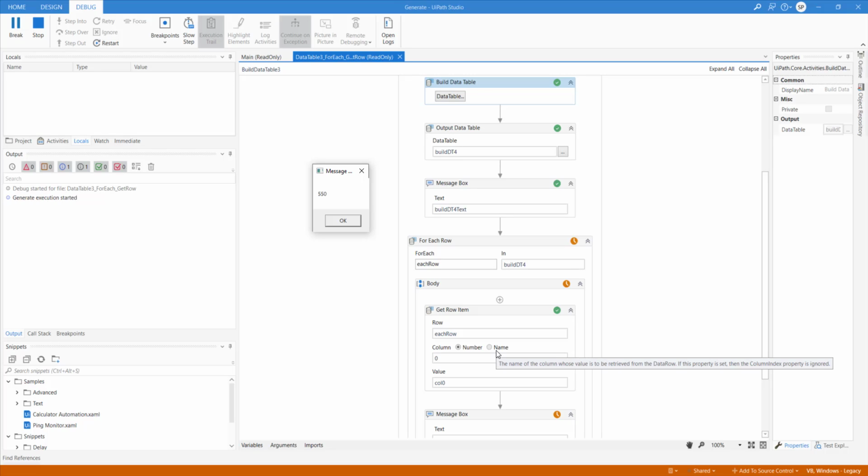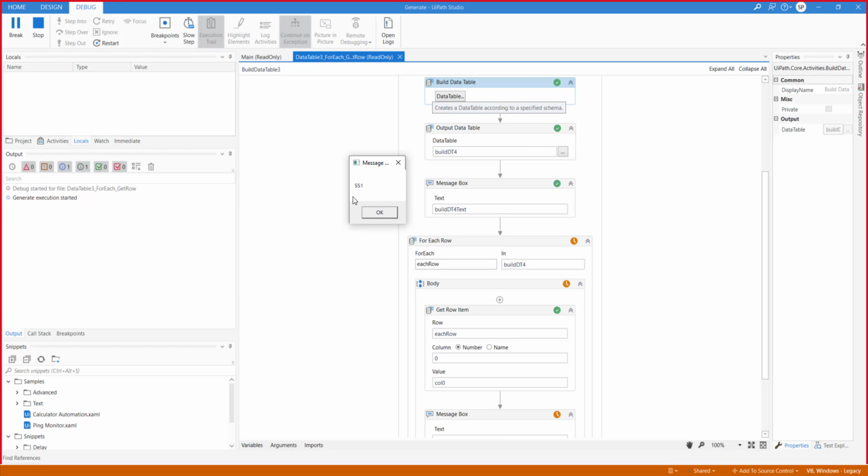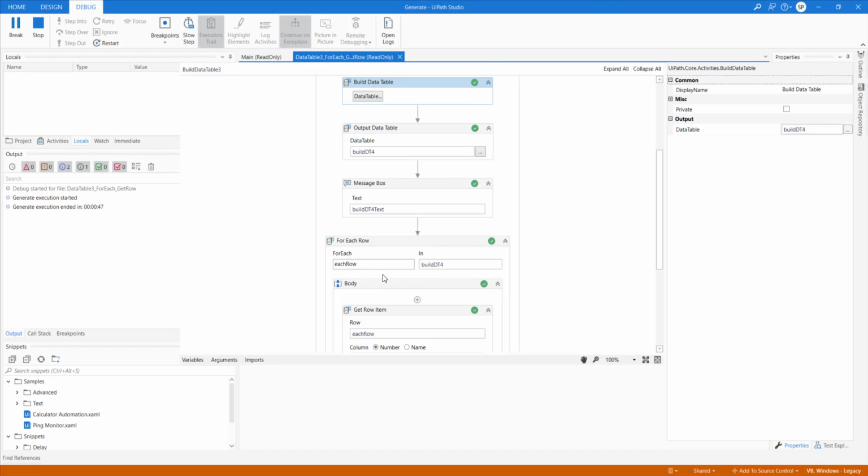Number is really good because sometimes I have seen that people change column names, or there are white spaces and all those things. To avoid such things, we can use the index. That will be much faster. Then it goes to the next line and completes.